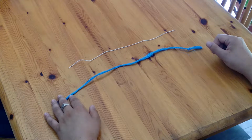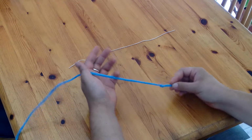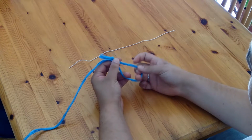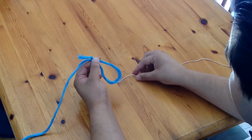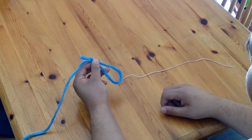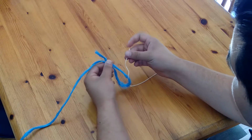It's a relatively simple knot. If you follow along with us, you take your larger length of rope. You're going to make yourself a loop, just like that, capturing it again in the same position that the original length is, doubling it back on itself. You're going to take the small length, in this case it's a small bit of twine, and you're going to use rabbit holes and trunks, which I think is a fantastic analogy. Just up through the rabbit hole like that, and you're going to go around the trunk,